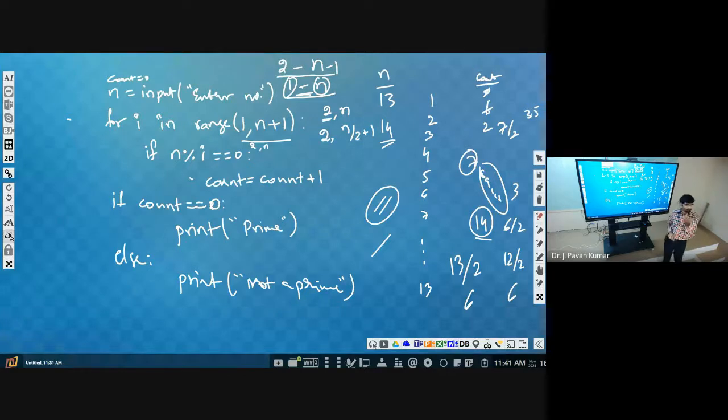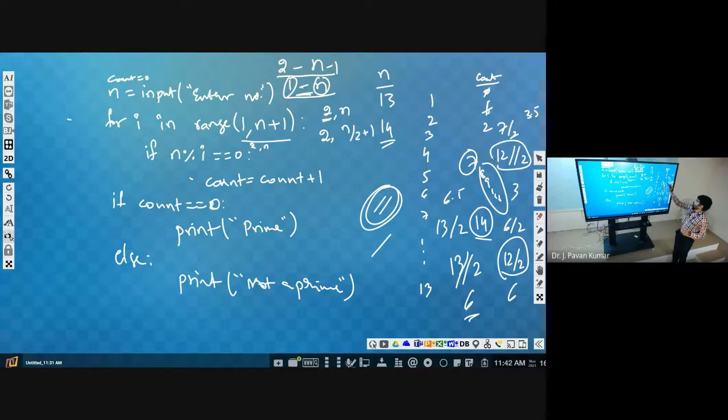What is meant by floor? Floor function we have discussed, right? Floor of 3.5, what is it? 3. Like that, whenever we use double slash, 13 by 2 gives 6. If you use 13 by 2 directly, then it will give 6.5. Understand? Now say the answer for this. 6. 12 by 2 is also 6. 12 floor division 2 is also 6. Got the difference? So now instead of using slash, you can use floor division.